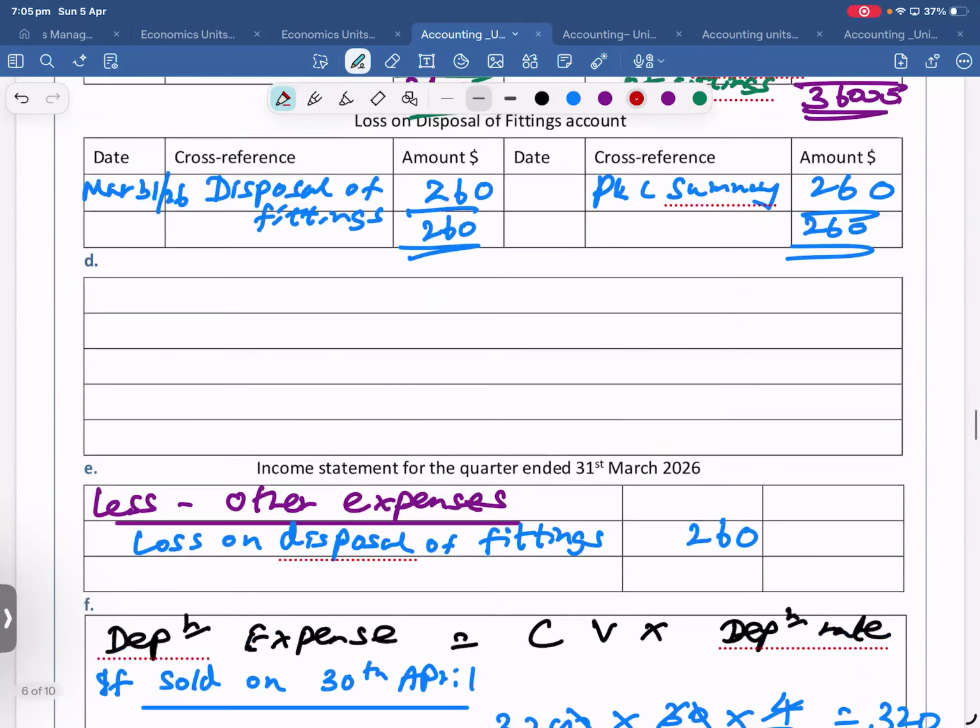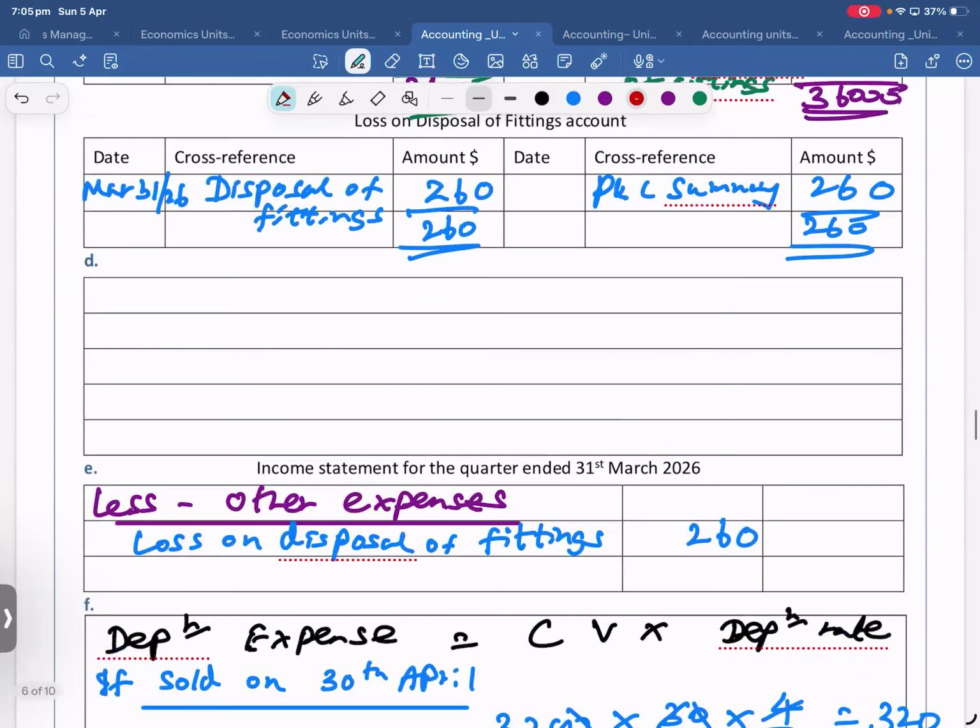Asset being damaged. What else? Under or over depreciation, what is it? Depreciation, even though it's the raise. Sorry? No, you can't say it like that. Under depreciation because of the asset, the fittings, yes? Due to